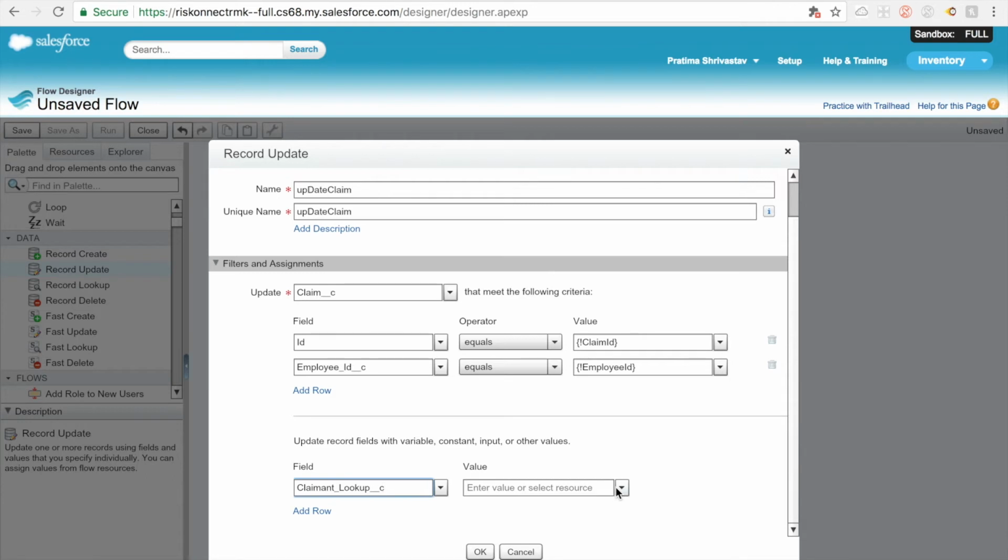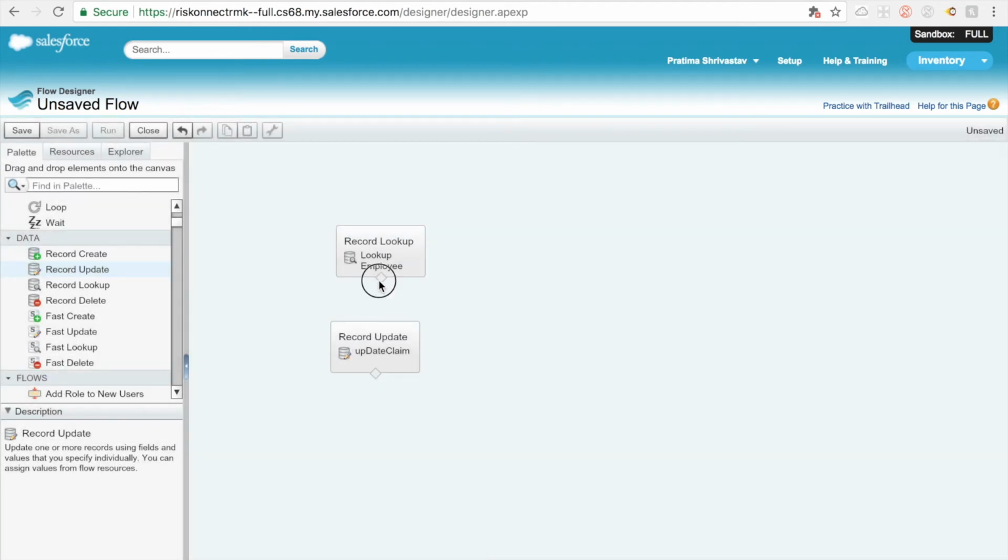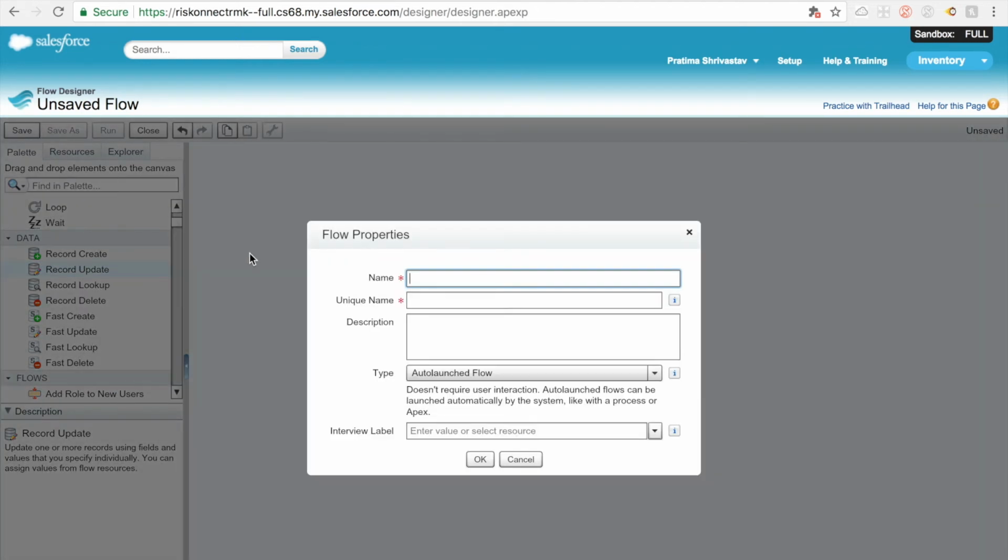And what will that be equal to? So in the first step, we already found the employee ID, and then we assigned the employee ID, the Salesforce ID, to a variable called employee lookup ID. I spelled it wrong, but so that's the field, employee lookup ID. That's the field we are going to assign the value to. And hit OK. Don't forget to connect these two. And this is our flow starting point. And then we save it. Save it as update claim